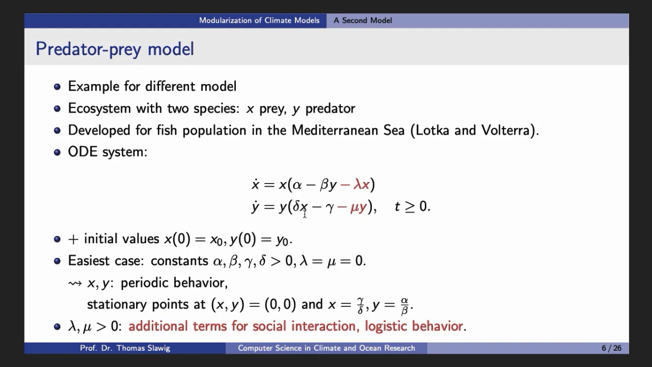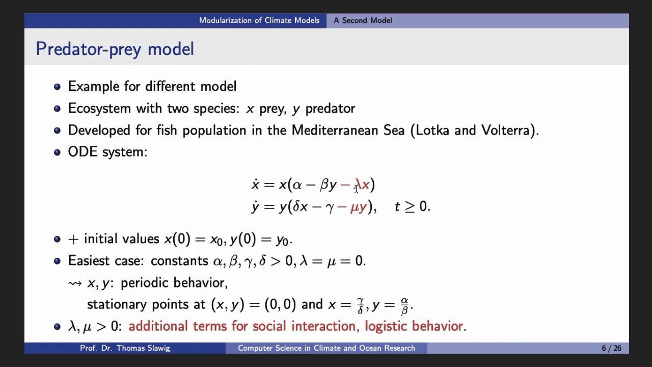But if there is something to eat, then the predator can survive. And usually you get some periodic behavior, as I will show in the next slides. These additional terms for social interaction lead to something: even if there is no predator and the population of the prey grows, there will also be a diminishing term, because there is then social interaction, and the